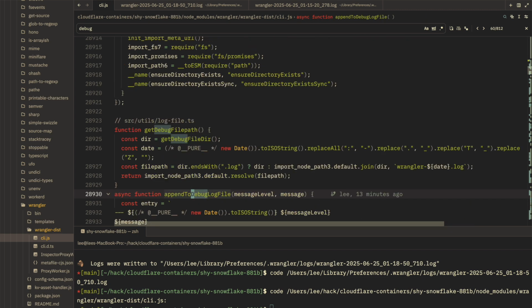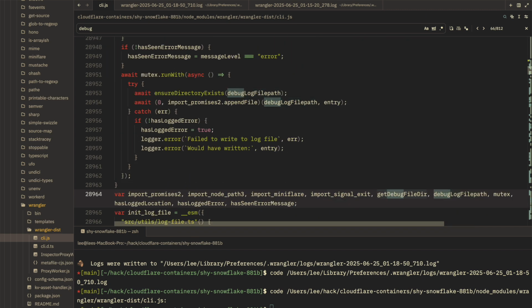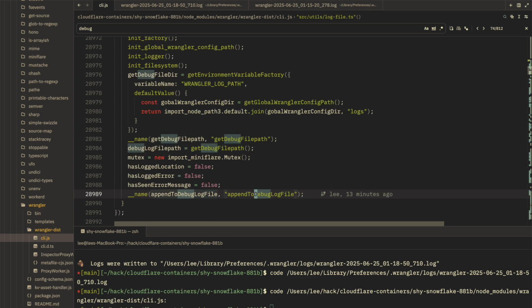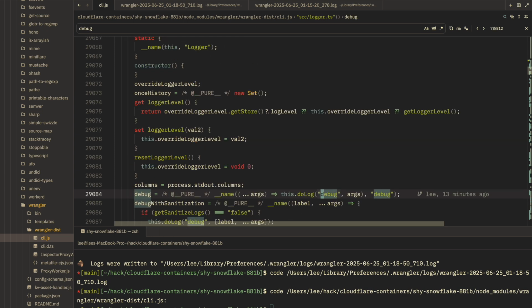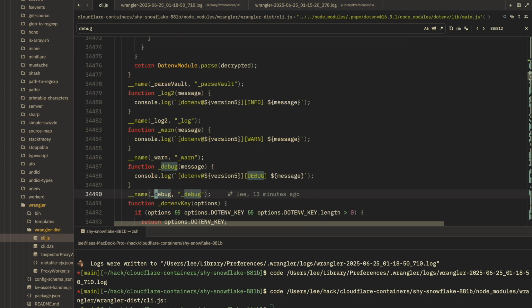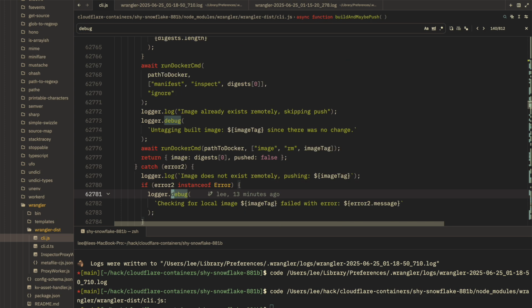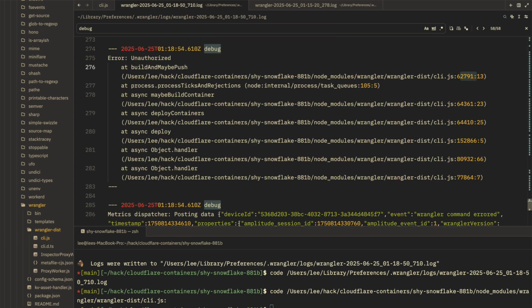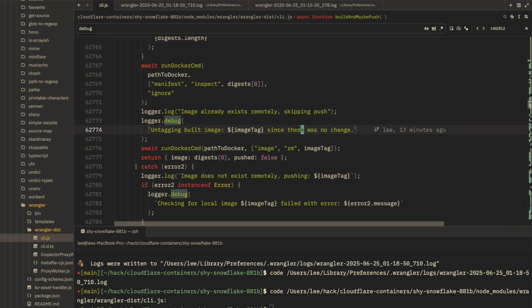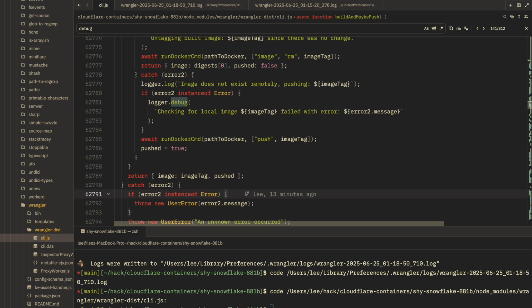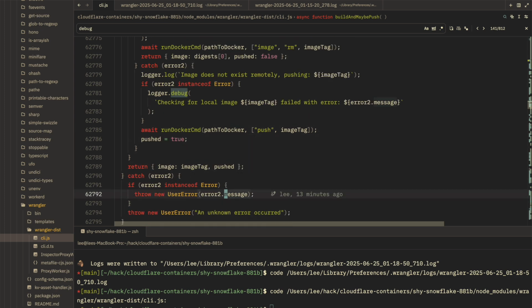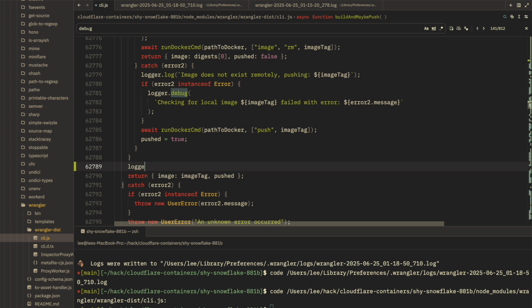Sets up the logging. Okay, just logger.debug. Alright, so what line number was that? 62791. Okay, so